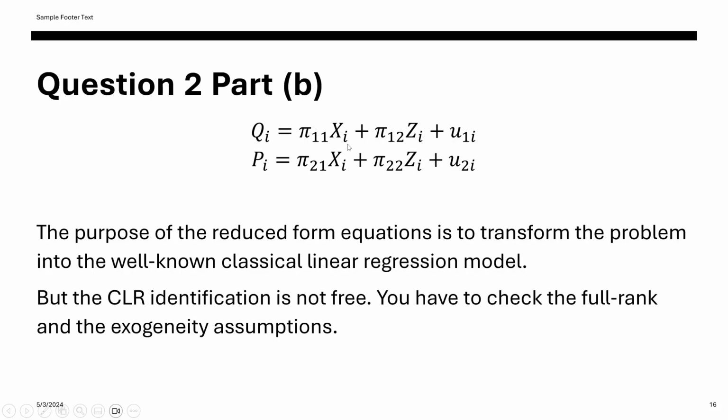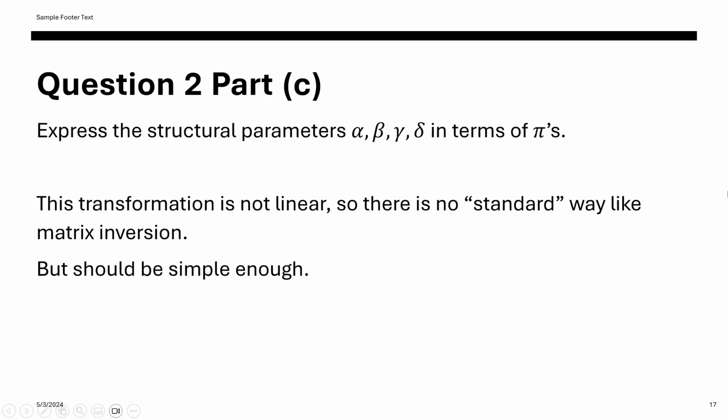Exogeneity is so obvious, so I just give you a chance to think about that problem, and I want to point it out. So, just simple. It's not that difficult. And part C, now you have to invert the reduced form parameters back to the